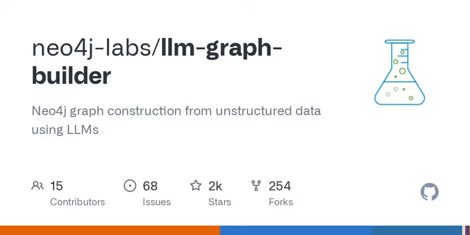Env, variable name, mandatory, optional, default value, description. OpenAI API key, mandatory, API key for OpenAI. Diffbot API key